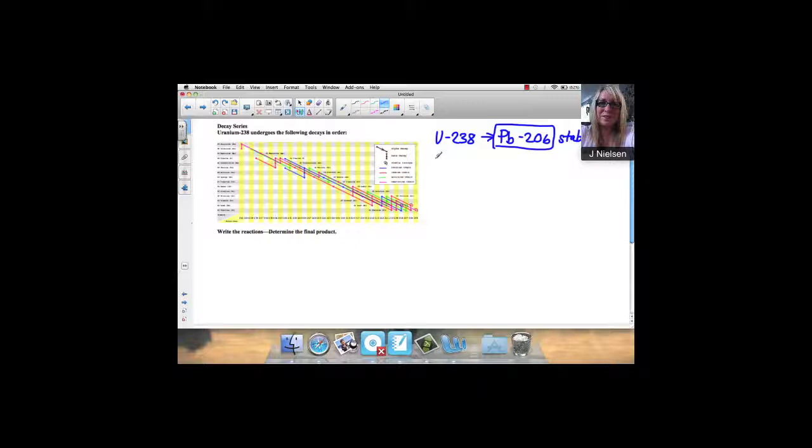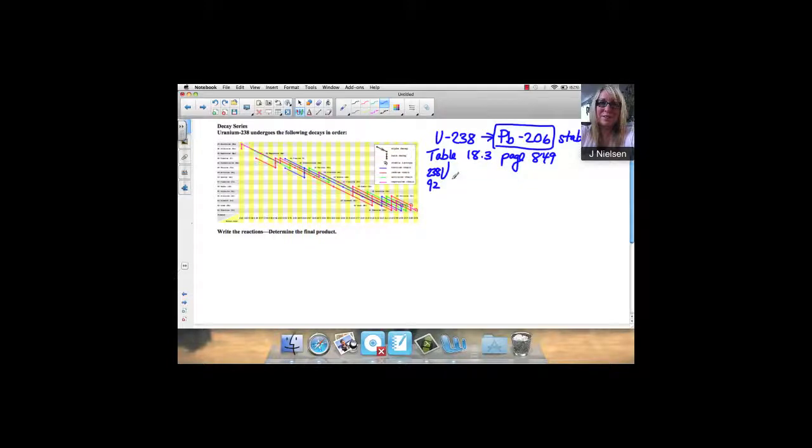Now, what I would like you to do, I'm going to show you how this works, but this can all be found on table 18.3 on page 849 in your text. I'm not expecting you to write all these down. I just want you to understand what's going to happen. So I'm going to start here. Uranium 238,